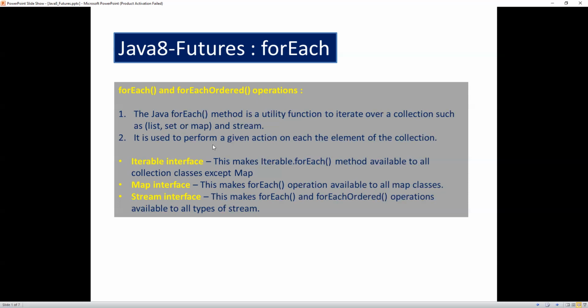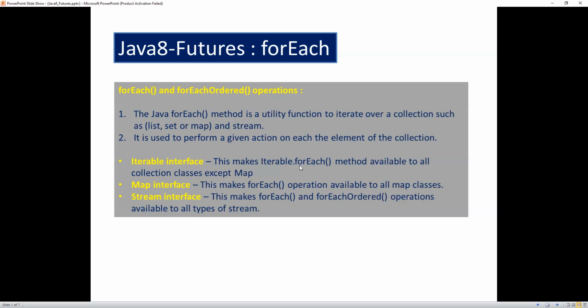The forEach is used to perform the given action on each element of the collection. Just now I said, we need to traverse each and every record of either a list, set, map or stream. This is the collection data. The Iterable interface makes the Iterable.forEach method available to all collection classes except Map.